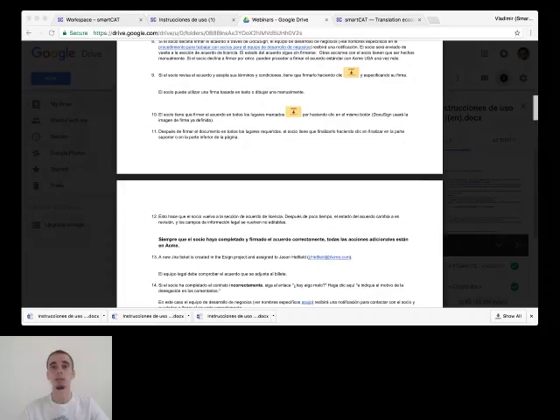The second strength is that it is available online. As I said, you can use it from anywhere and you don't need any installation. The third strength is that it is free at all. So you don't have to pay anything to use it for however much you want. You can add any number of translation memories, any number of projects, and so on. And the fourth, the biggest strength, I think, is that